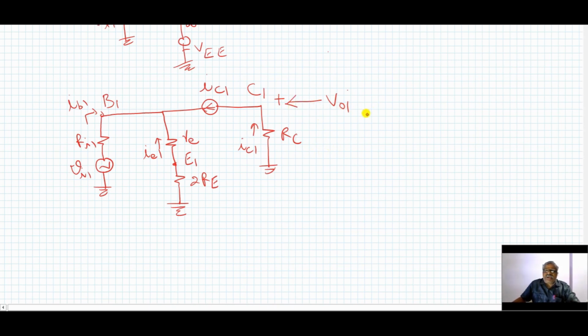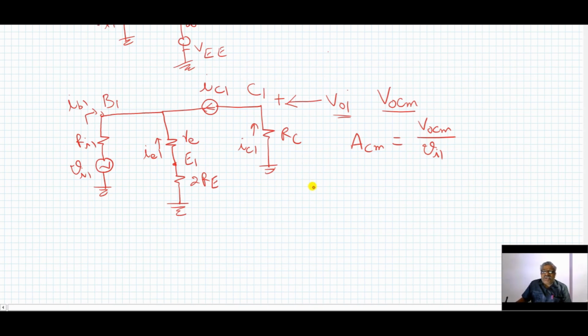Here we take the output. So which output is it? Is it a differential output or common mode output? This is common mode output. So let us call this VOCM, common mode output voltage. Then we can define the common mode gain ACM as VOCM by Vi1. So to find this common mode gain, we have to find the expression for VOCM, and then we have to divide by Vi1.